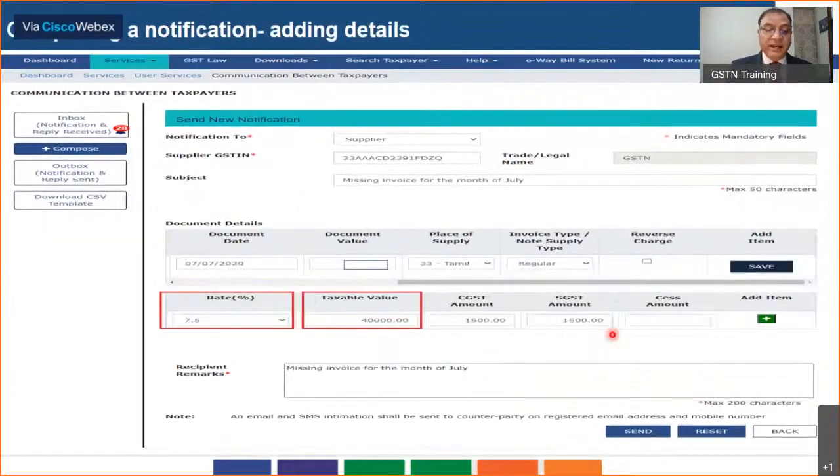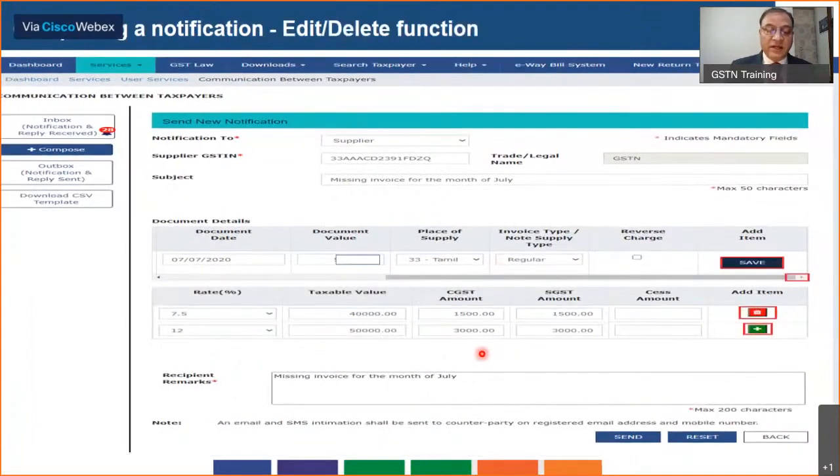So once you click on add item, this below table, which is line items, is where you have to enter the rate wise details. That is, what is the particular rate, what is the taxable value, and what is the amount of tax. Now, for each rate, you will have to create a separate line item for a particular invoice. So similarly, you can have more than one tax rate, which you can enter here.